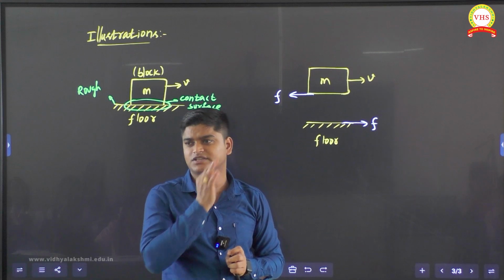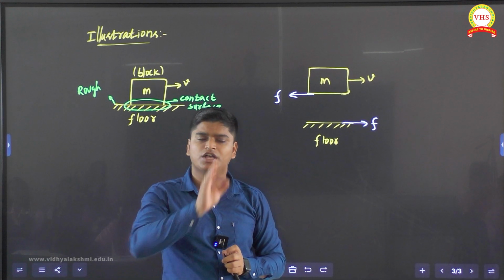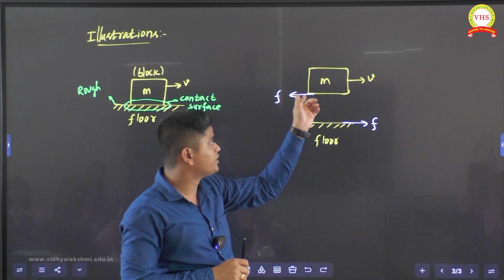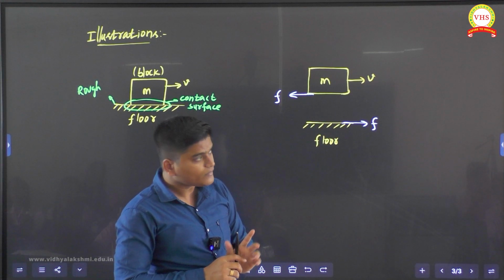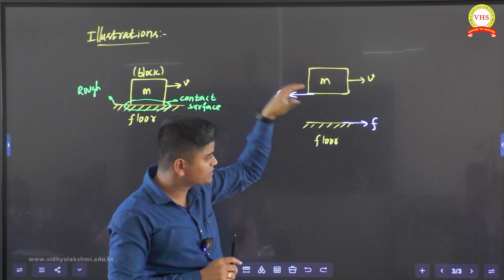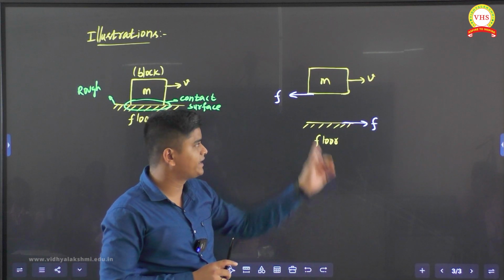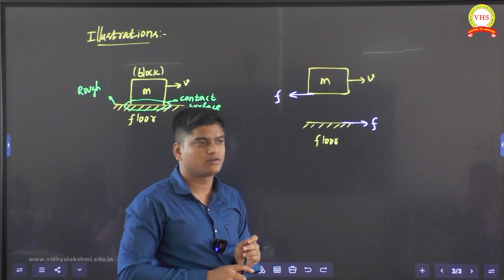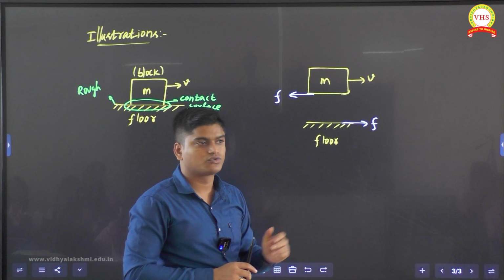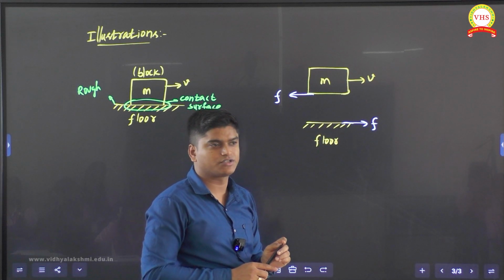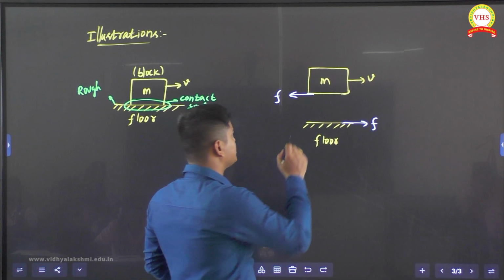What is the friction definition I told? Friction always opposes the relative motion between the objects. Yes or no? So now friction will act in this way: on the mass, backward direction; on the floor, forward direction. Okay, so you can take it also as an action-reaction pair. No worries. They act on two different bodies, same magnitude and opposite directions. You can take that.